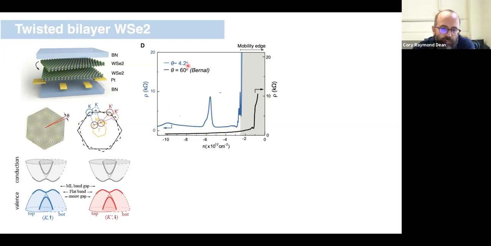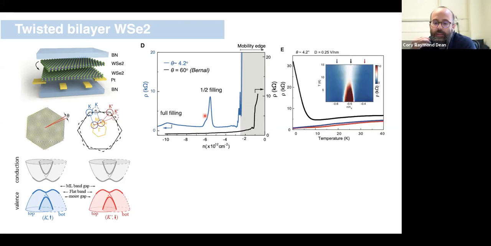For the case of the 4.2-degree twisted device, what I see are two rather unusual and dramatic features in terms of transport response. There's a weak peak that occurs at some large-ish doping, and there's a stronger peak that occurs at a smaller doping. Now, what I can show is if I look at this response as a function of temperature,